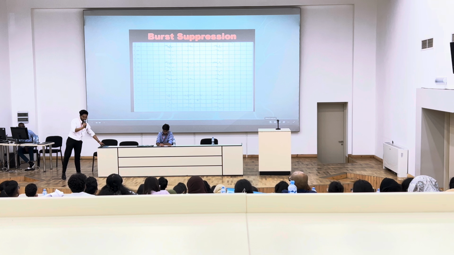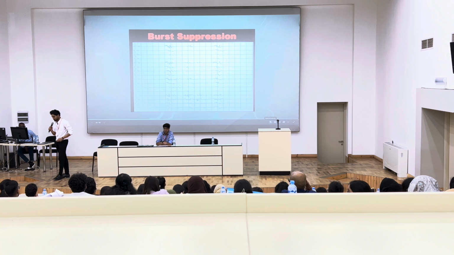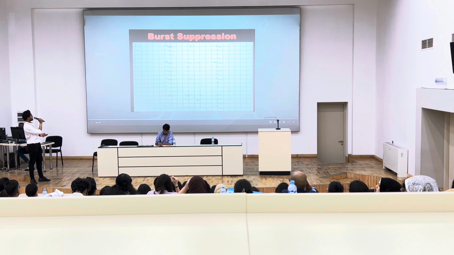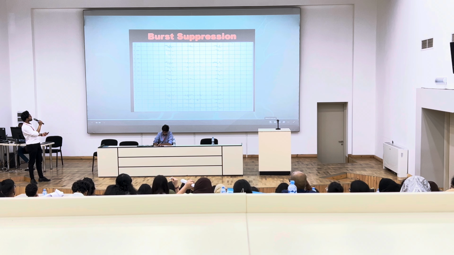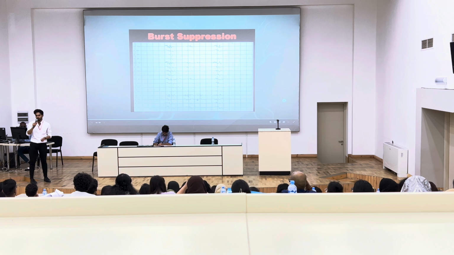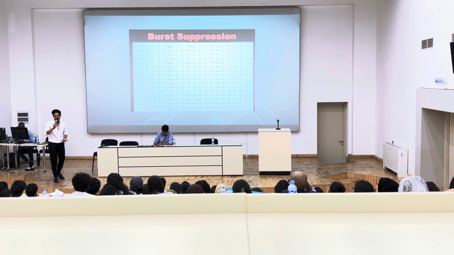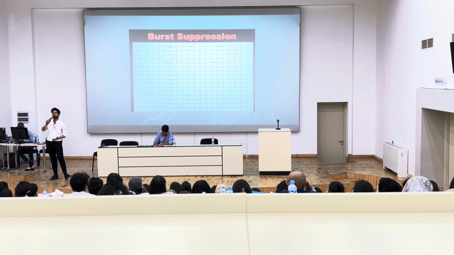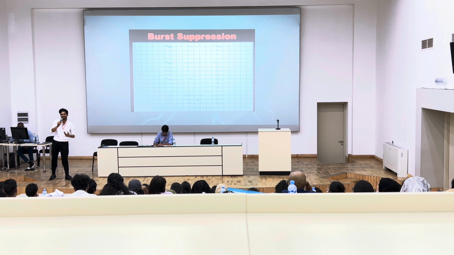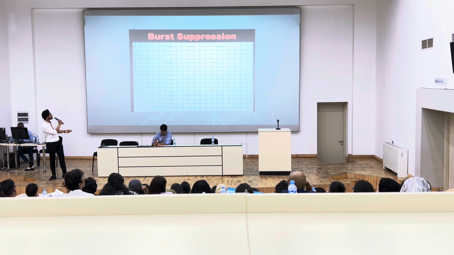Right. So the next pattern I want you guys to know is burst suppression. If you see, it looks very weird. You have a flat line, some spikes, flat line, some spikes, flat line. Now this type of pattern is seen if a patient is very critically ill. So suppose he has a cardiac arrest or any hypoxic brain injury, like maybe a stroke or shock, and he's in very critical condition, like his whole body is in a hypoxic state. Then you see this type of EEG pattern, flat, spikes, flat, spikes.